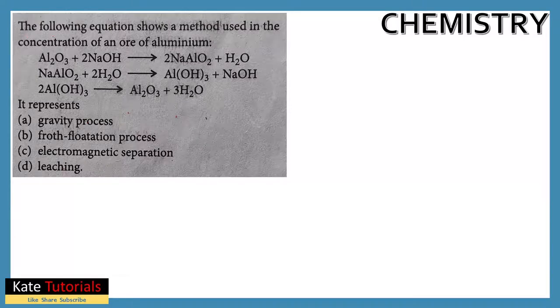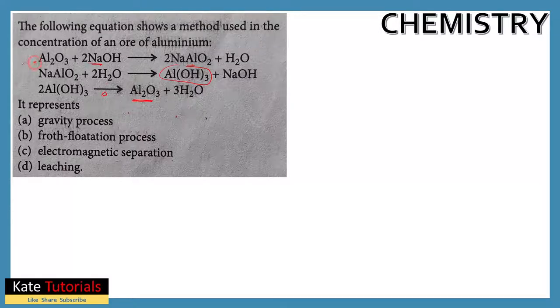So the question is, the following equation shows a method used in the concentration of ore of aluminum. So this is the aluminum ore, that is Al2O3, that is bauxite ore. We treat it with NaOH, it forms this salt, followed by excess of water, it forms Al(OH)3, which will be a white gelatinous precipitate. And if we heat it again, we'll get this oxide ore in which impurities are absent,